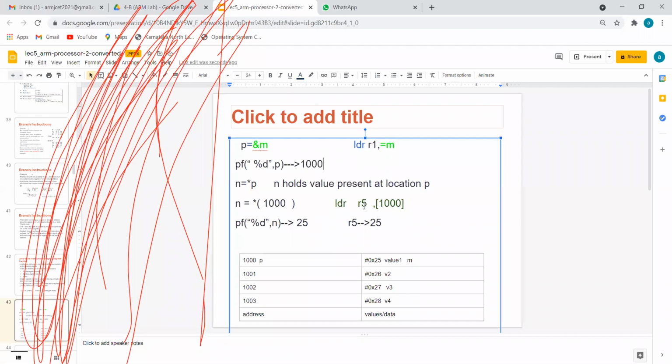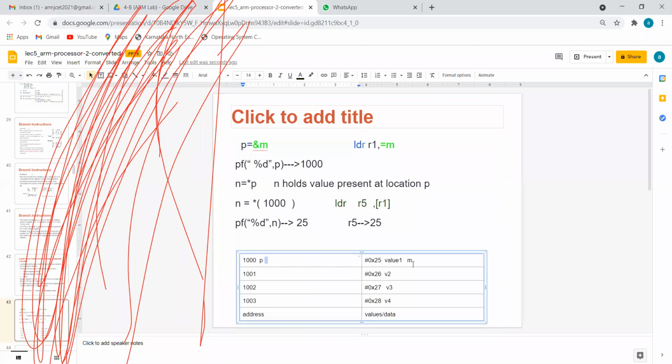Next, after one or two instructions, what I will do is put the register that is holding the address of that variable in a bracket. That bracket of the variable indicates to take a value from that location. That's a word. Take a value from the location 1000. So now I am getting this 25 not directly but via this location number called 1000. Hope it is clear now.